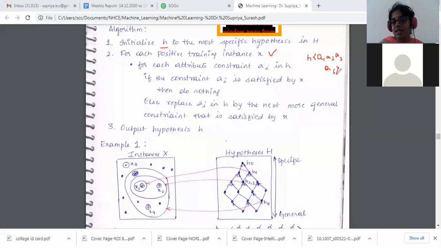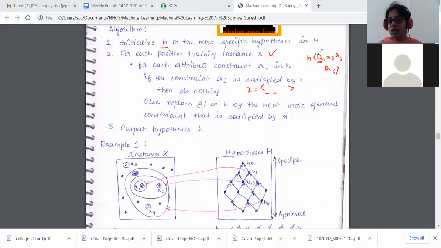And similarly X was our input instance. From the input instance again we have the 6 attribute values. So A1 is compared with the value in X. Again, A2 is compared with the next value in X, A3. So each and every comparison is going to happen. That is why it is telling if the constraint AI is satisfied by X, do nothing. If I have the same value, I did not do anything. If not,